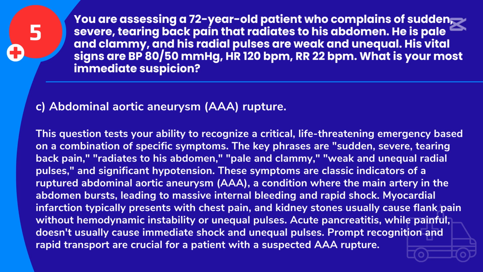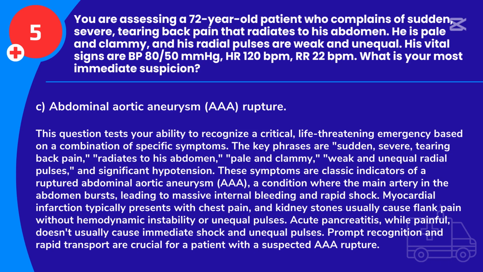Answer: C. Abdominal aortic aneurysm, AAA, rupture. This question tests your ability to recognize a critical, life-threatening emergency based on a combination of specific symptoms. The key phrases are sudden, severe, tearing back pain, radiates to his abdomen, pale and clammy, weak and unequal radial